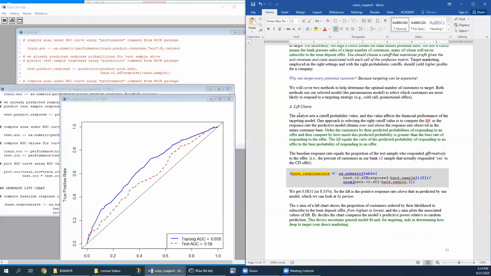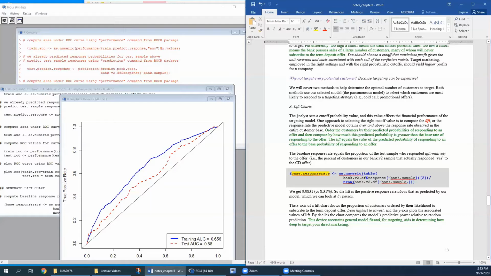One approach to selecting the right cutoff value is to compute the lift, or the response rate the predictive model obtains over and above the response rate observed in the entire customer base, so above the average. Essentially, you want to be targeting people who are more likely than the average person to say yes. That means you're being more efficient with your money than if you just randomly drew somebody, and that person would